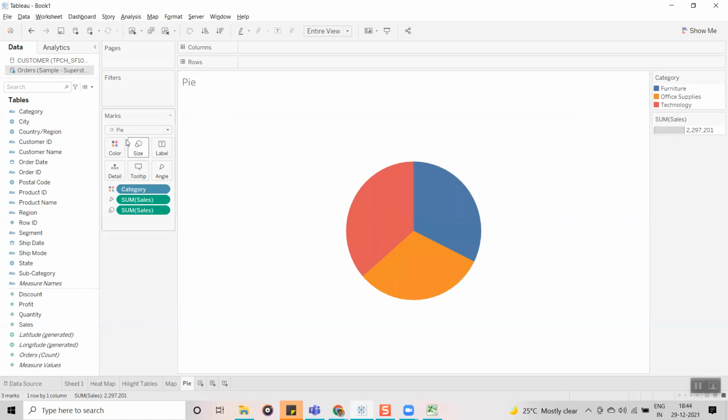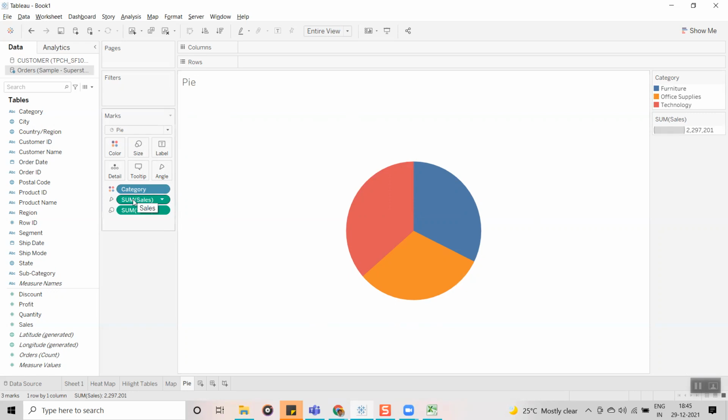Here you can see, whenever we create a pie chart, and as I explained for the Marks card, this section is available based on the visualization type. Since we have created the pie chart, Angle is displayed. What does angle mean?